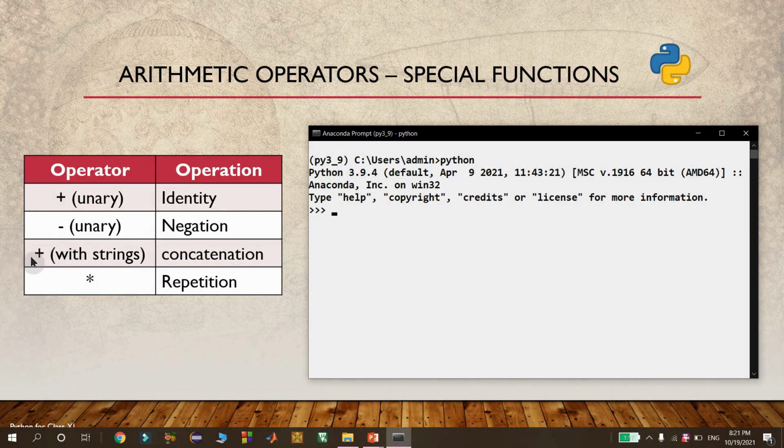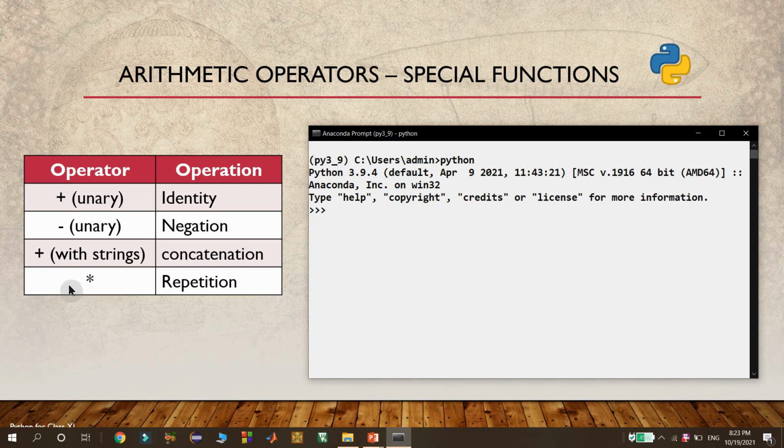Now I am considering another operation for the plus operator, which is concatenation. When you use this plus operator between strings, the concatenation will be performed. Now I am going to concatenate 3 strings. Those are king, that is the first string. I am concatenating that with a space. I am concatenating that with another string, Kong. If I press enter, then I will get a single string which has king space Kong. Here all three strings are concatenated. Because of this concatenation operator, we got a single string.